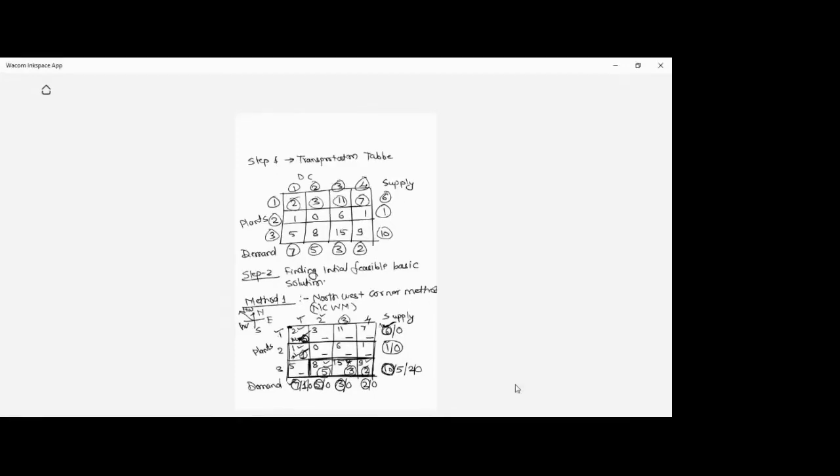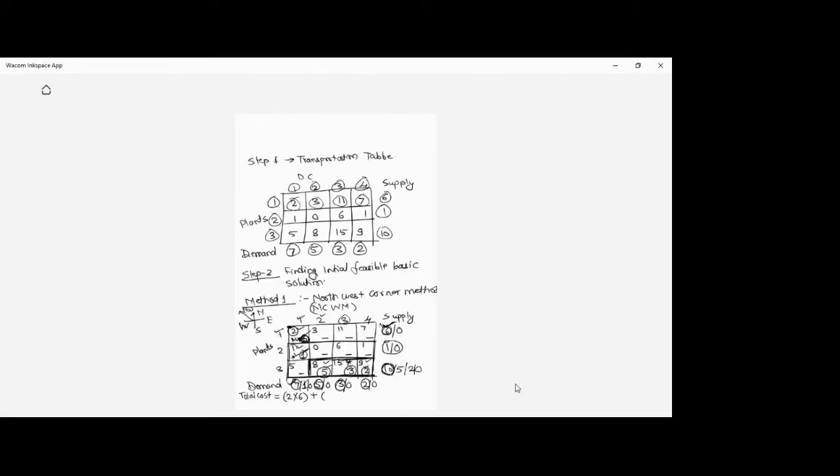Now if we move ahead to find out the total cost of the transportation, the total cost is equal to how much? Here it will be equal to 2, which is the unit cost, into how much milk is supplied. We have supplied 6, so 2 into 6, plus,